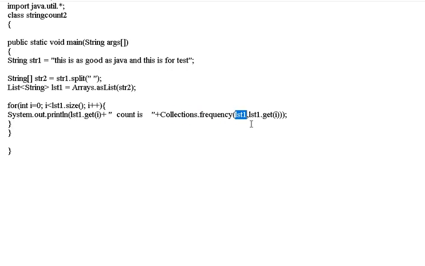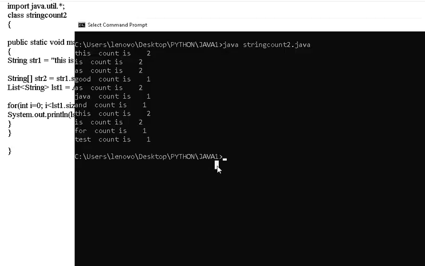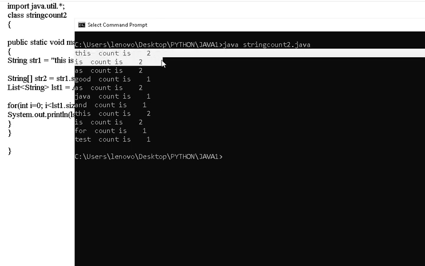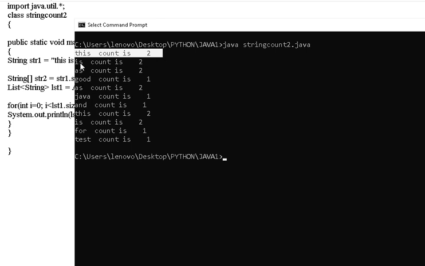Within that function we just have to give the list name and list name dot getI. The getI function will get the value of each iteration. If I run this, you will get the result as count is 2. You see here, count is 2. Again it's repeating, count is 2,